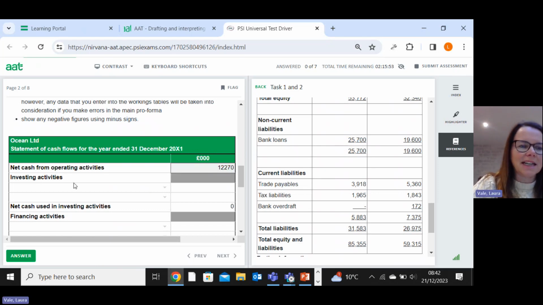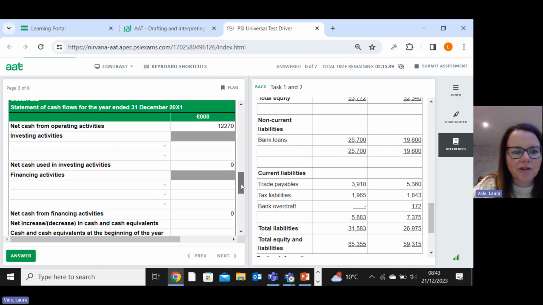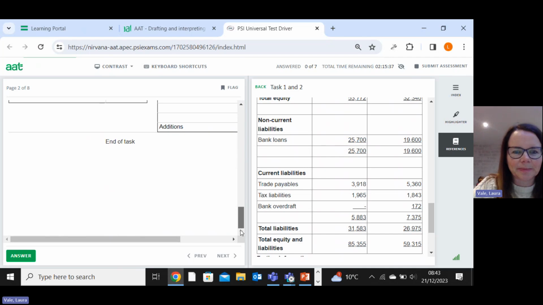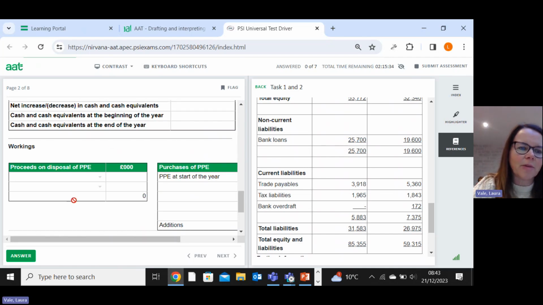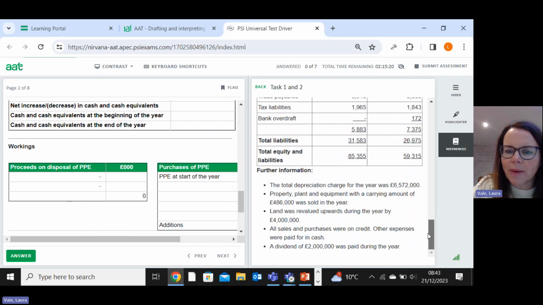Right, and investing activities, that's all to do with buying and selling your non-current assets. If we did have any dividends received in the previous section, we would add them in here. But here we've only got 2 rows, so I'm going to go straight to the workings. So first of all, we've got proceeds on disposal. So proceeds on disposal is the money that we actually got when we sold the asset. So what information have we got about that? Well, we know